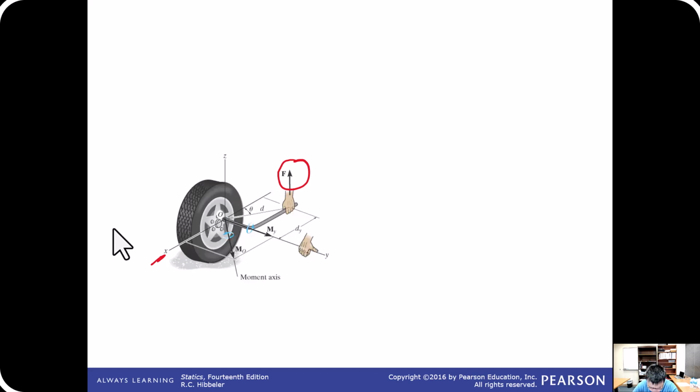To solve this problem, we can first use the cross product between D and force F, where D is the direction from point O to the force. The point can be any point on the x-axis. After the calculation of the cross product between D and F, we can get a moment MO, which